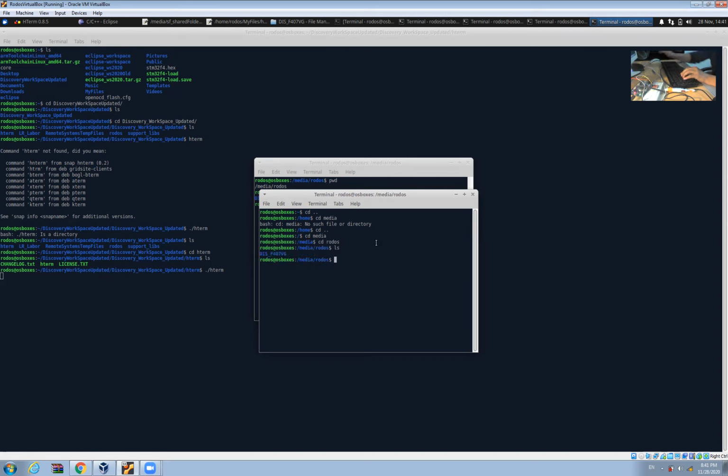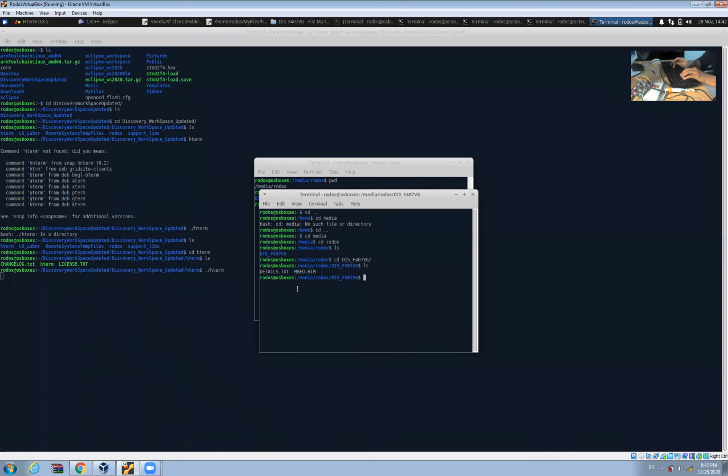And then here, if you type ls, you will find the disk F407VG. If you go to this location, you will see these two files. This is the storage device, our board.